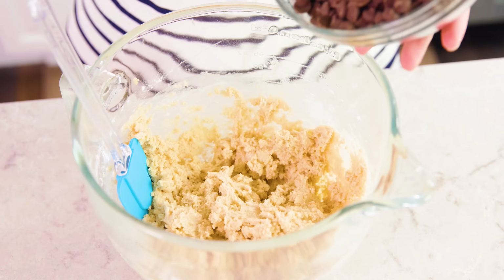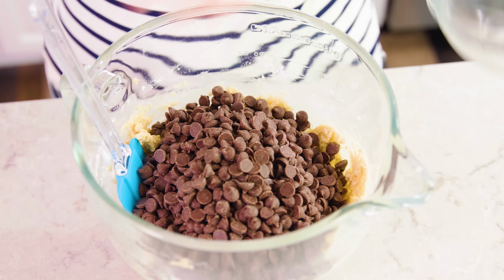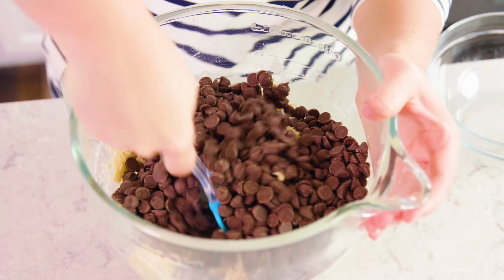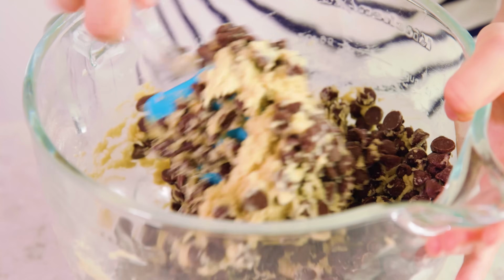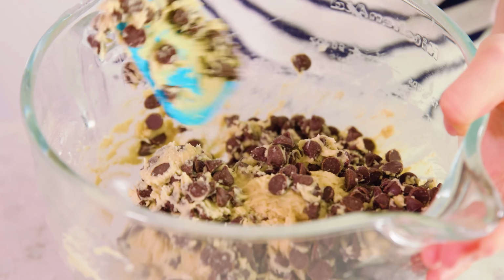You don't wanna overmix this, so make sure you stop it as soon as all of the flour and white powdery substances disappear. Last, pour in 4 cups of chocolate chips, and you can use either semi-sweet or milk chocolate, depending on your personal taste preferences. You just want to fold these in using a rubber spatula and make sure that the chips get evenly dispersed